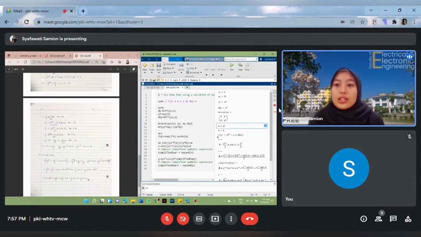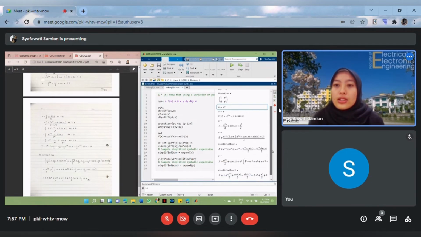Here is the answer for Wronskian, exponent x, u value, v value,